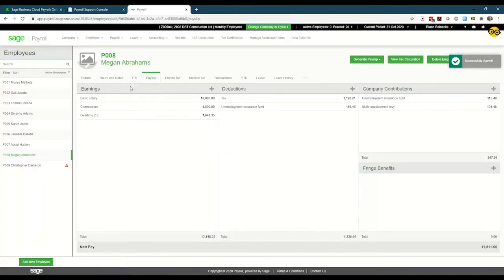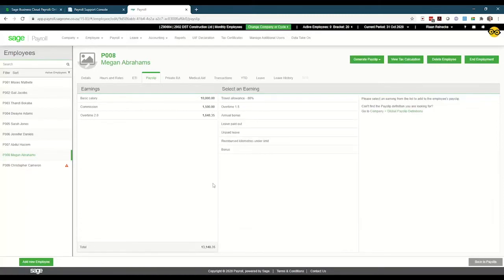And if I go back to the page, you would see the earnings section shows all the earnings. And as we continue, the tax would be automatically calculated, as well as the UIF contribution that this employee will pay. SDL is a company contribution, so it will affect the employee's payslip, but it is the employer that will actually pay it. Let's say I've got a specific earning that from this list,